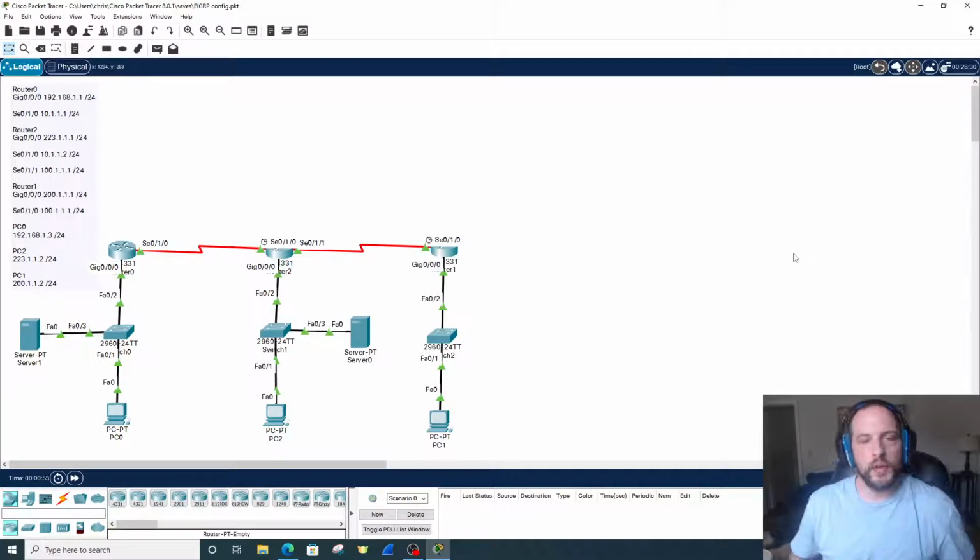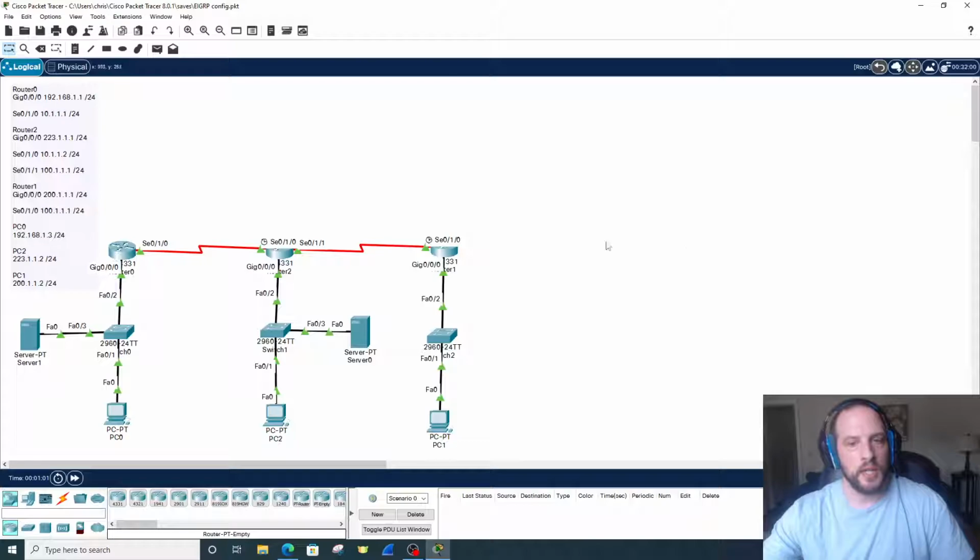And today I'm going to be showing you how to configure a named extended access control list and a numbered extended access control list. And what an access control list is, it's a list of statements that filter traffic through a router. So if you picture